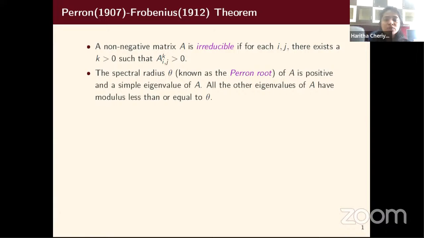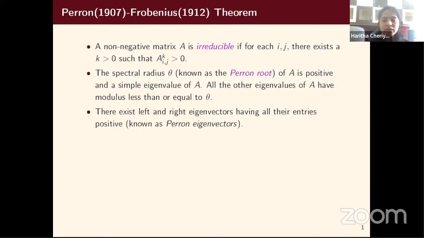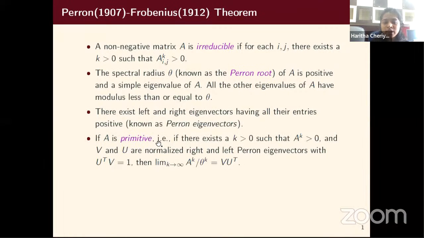For an irreducible matrix, by the theorem, the spectral radius theta, known as the Perron root of A, is positive and a simple eigenvalue of A. All the other eigenvalues of A have modulus less than or equal to theta. Then there exist right and left eigenvectors having all their entries positive, known as the Perron eigenvectors. And if you assume that this k can be chosen irrespective of i and j, such matrices are called primitive, then